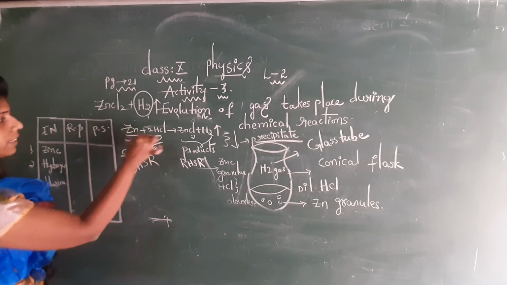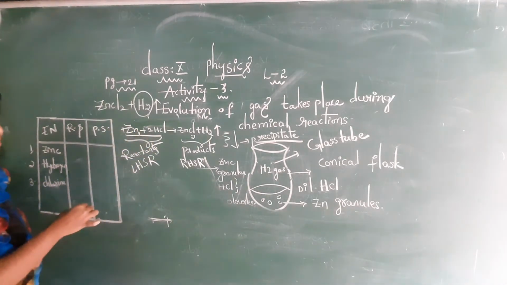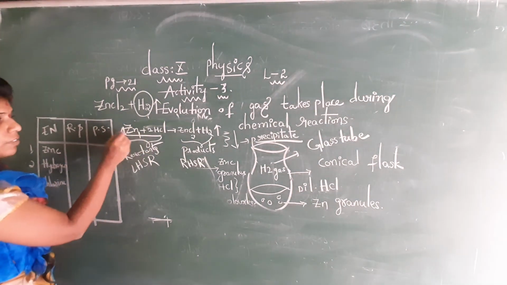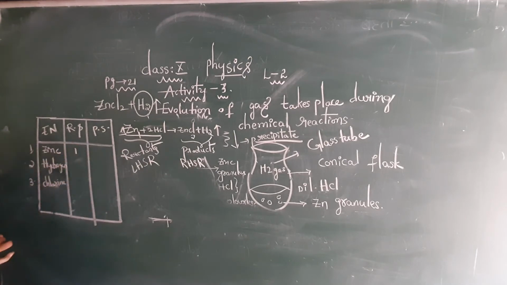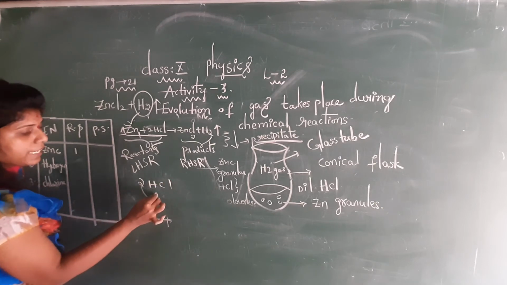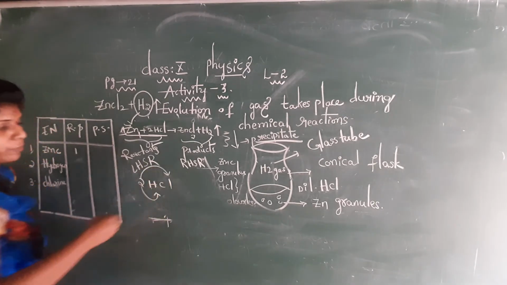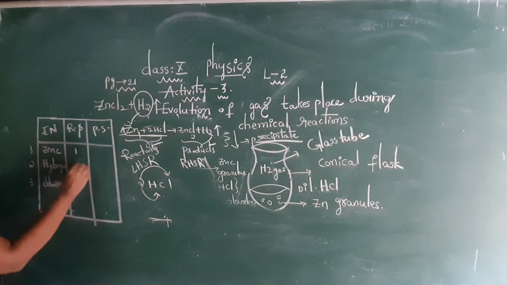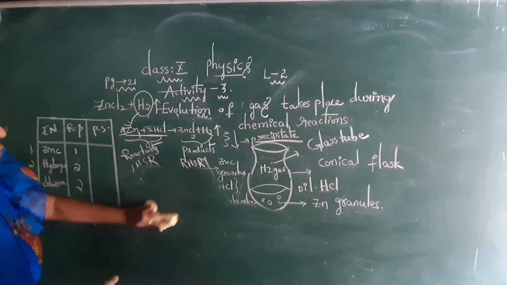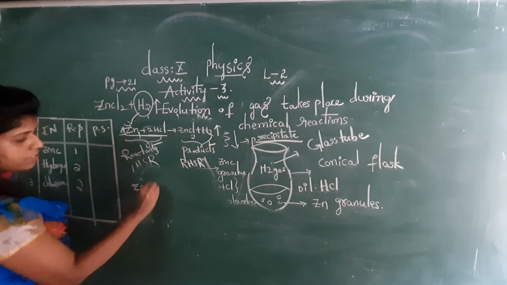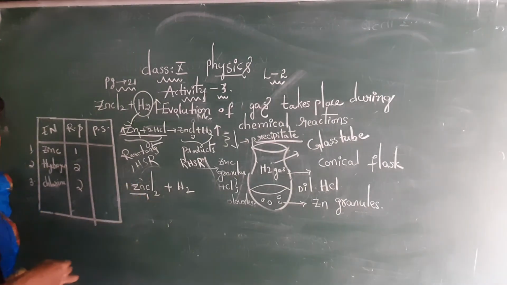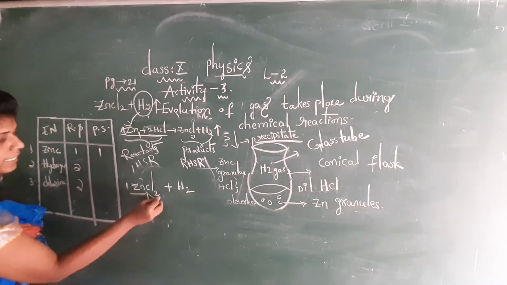Now observe here, near the zinc there is no number, so we place 1. 1 zinc is present. This is completed. Next observe 2HCl. This 2 applies to hydrogen and also to chlorine. So 2 hydrogens are present and 2 chlorines are present. This is completed. Next go to the product side. ZnCl2 plus hydrogen. Near the zinc there is no number, right? 1 zinc is present. Near the chlorine Cl